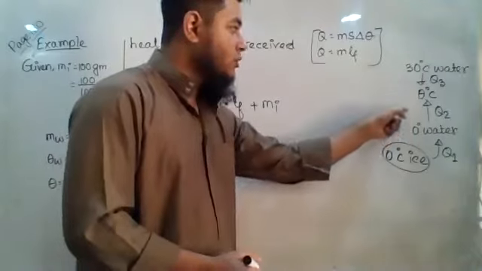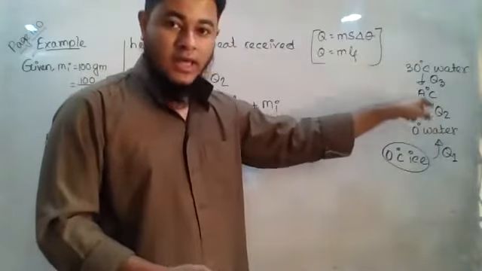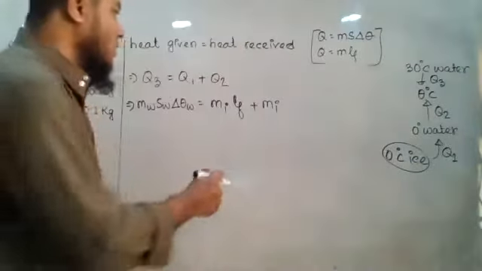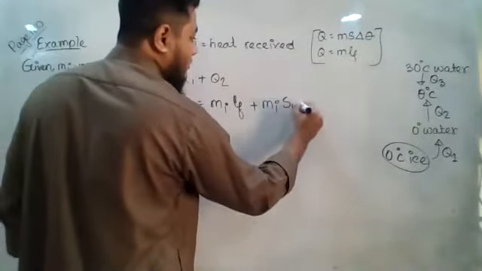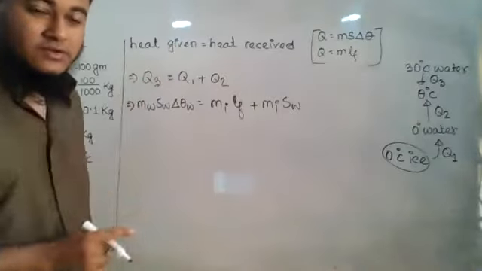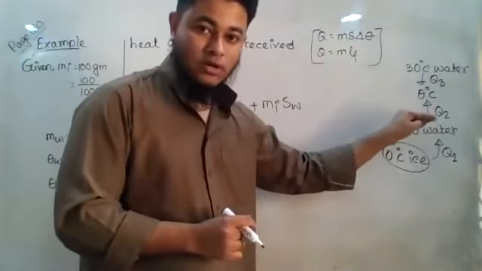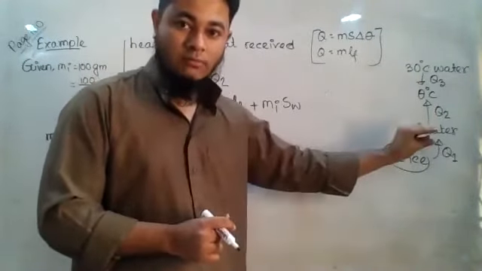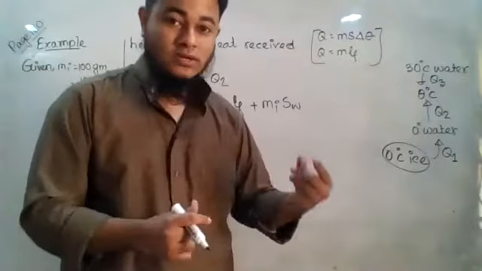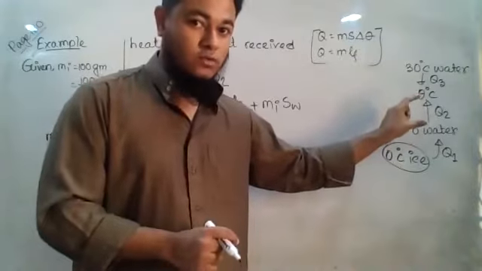But as the process is taking place from water to water, see, at 0 degrees Celsius it is water, and at 30 degrees Celsius it is water. So the process taking place is as water. So the specific heat that we will put, that will definitely be of water. This is something that I circled on the very first day when I was discussing this. Please remember, ice melted, it became water. So the amount of ice is equal to the amount of melted water. But when it will receive the heat as water, the specific heat we have to use for water, because in this process it is water, it is not ice anymore. Remember,